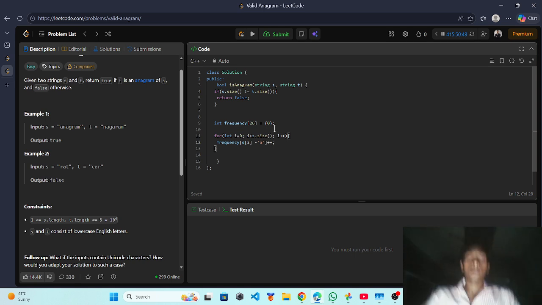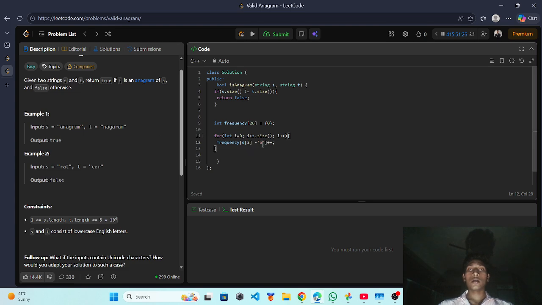When s of i at index 0 is processed, in the frequency container of 26 boxes, s[i] minus a acts as the number of characters present in string s.